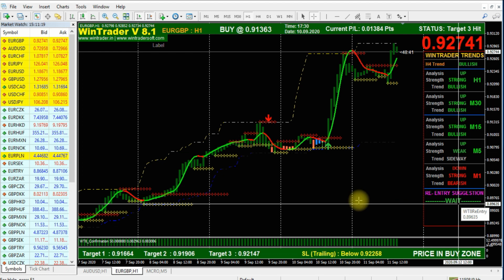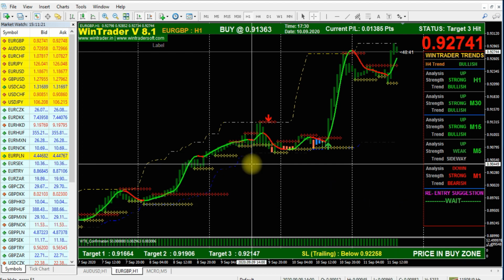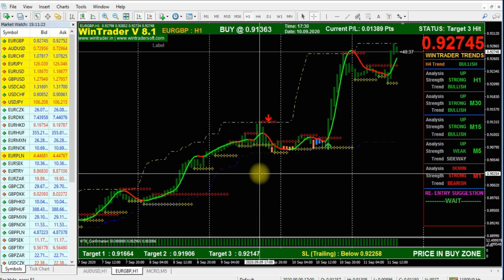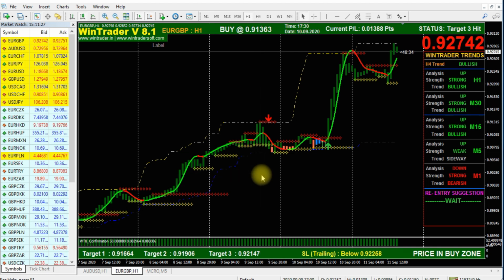And you can say in this new version 8.1, we are not using the candlestick pattern. Normally, all people are using the candlestick pattern. But in this version, we are not using the candlestick pattern. We are using the bar chart pattern. You can see the normal colors of the bar are red and green. For buy it is green and for sell it is red.